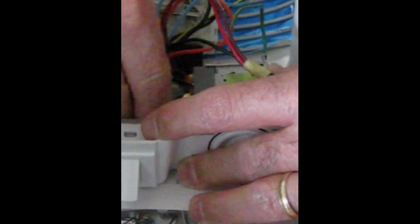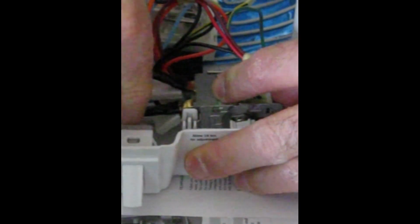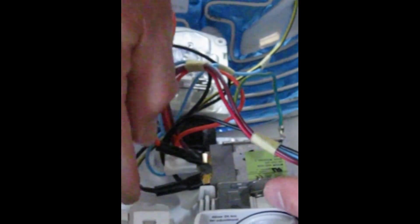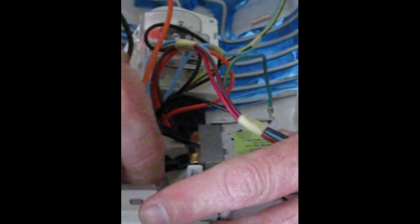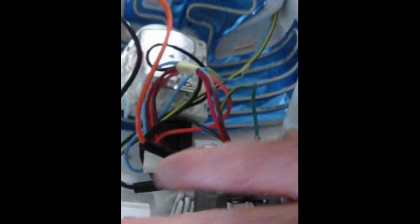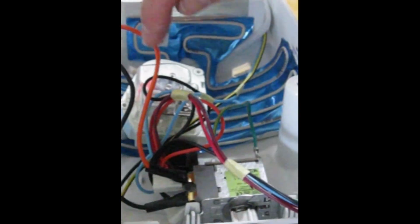I'm not going to lie to you, it's kind of finicky to get this in position to make it work, but there it went. It just went on. Okay, and you just have to, as gently as possible, try to line up all the elements of this so that you can slide that on to the cold control tab. Okay, so here we are, orange